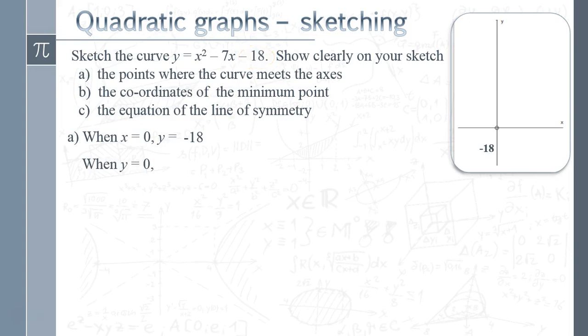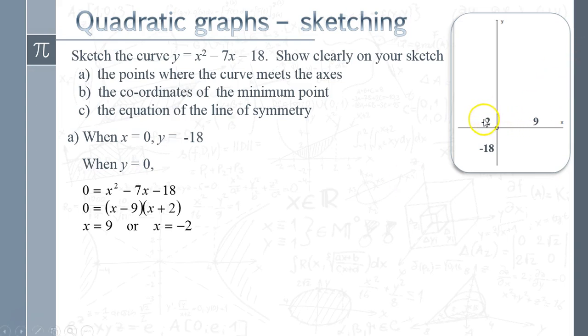When the y-coordinate is 0, that's going to give us our x-intercept, so we get our equation there. Solve that, and we've got x values of minus 2 and 9. Now we've got points the curve is going to go through, so we can draw the curve through. But the one thing I'm going to think about before I draw it is